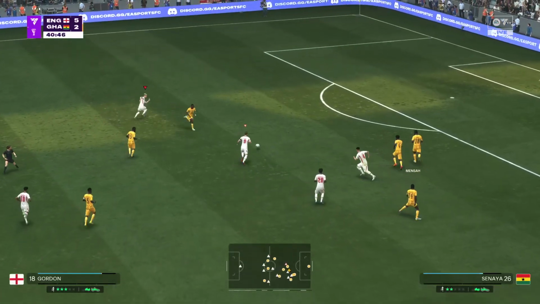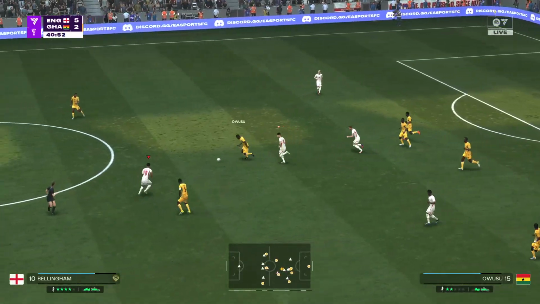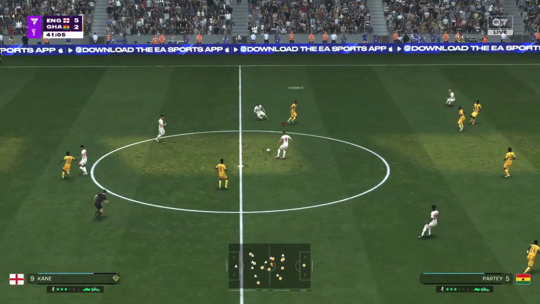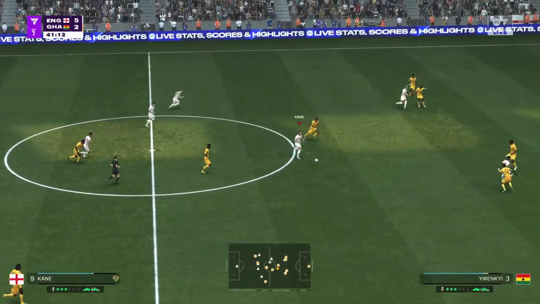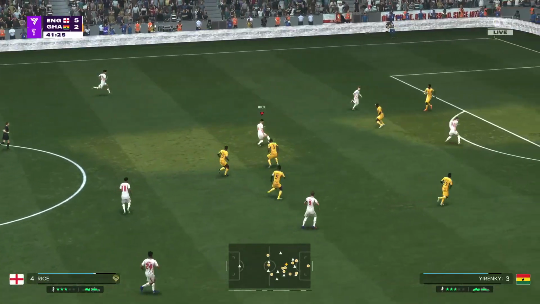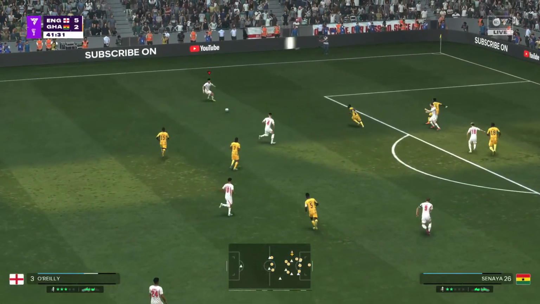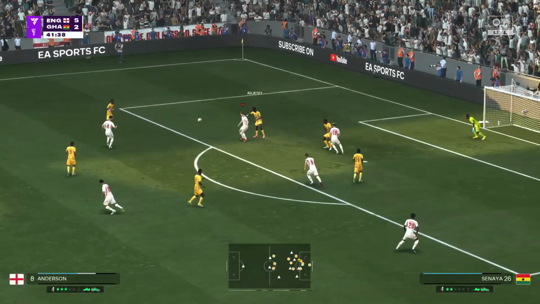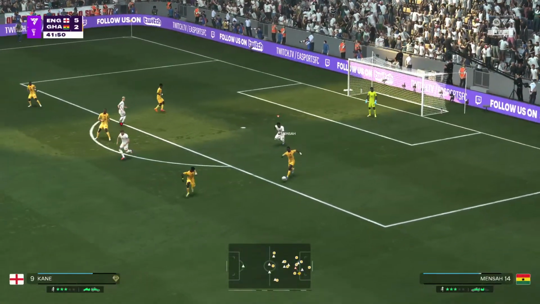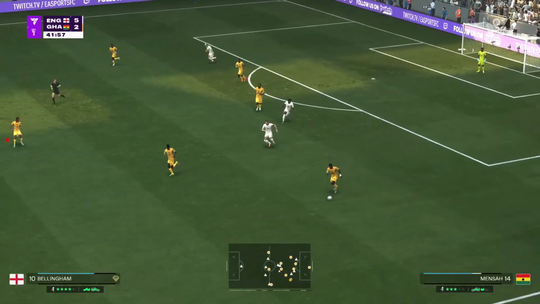Another successful intervention, winning the ball back. Can he find the right pass? Teammates in the middle. Well, threat averted.